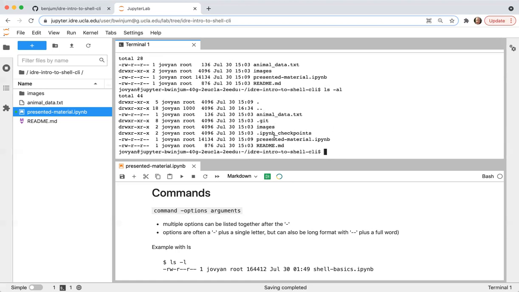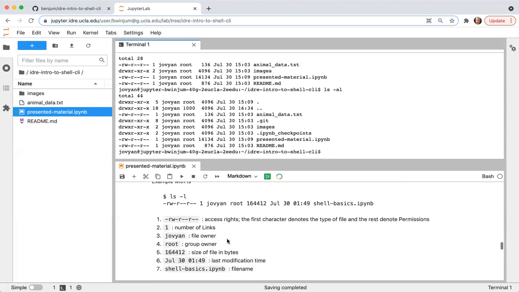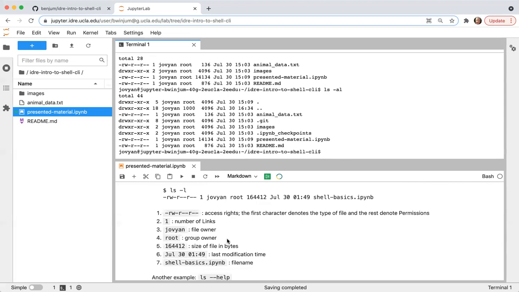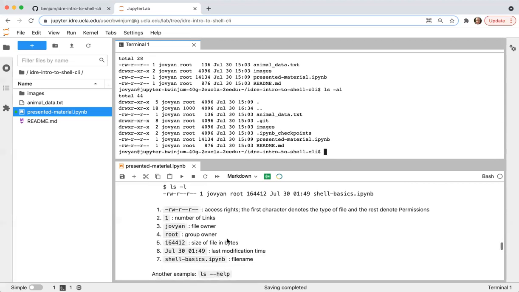So now in addition to the files, I have the hidden files, as well as the long format description. Let me just briefly mention what this long format description is. So there are a couple different parts to this.